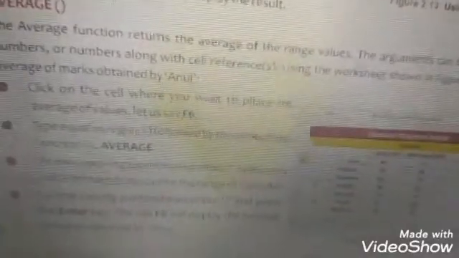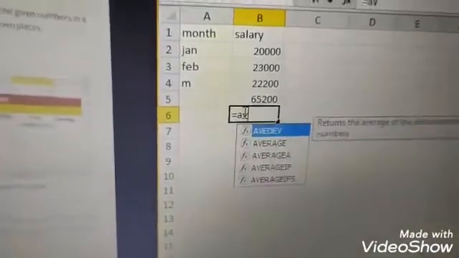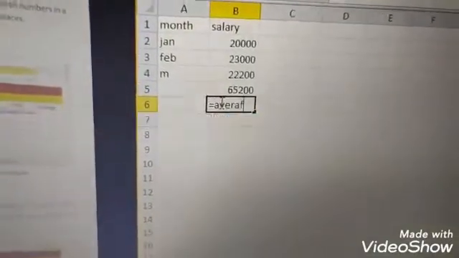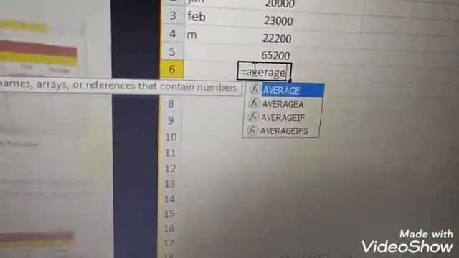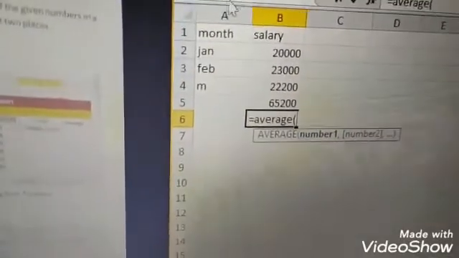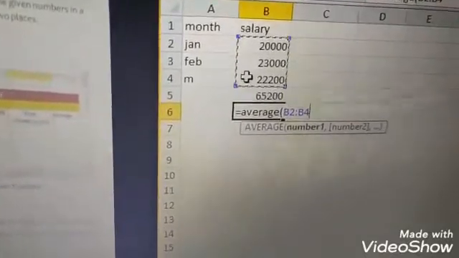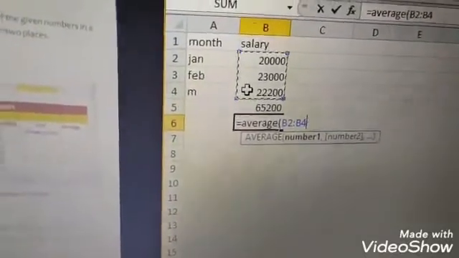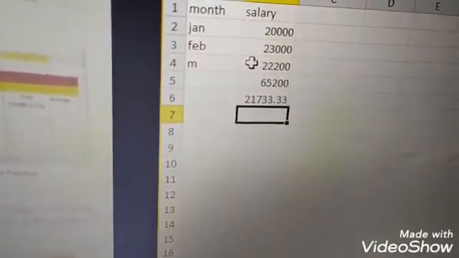Like here, I give equal, I type AVERAGE, you see the correct option, then I give the parenthesis, then the argument, I select the range. Now I close the parenthesis and press Enter. See, the average is coming up.